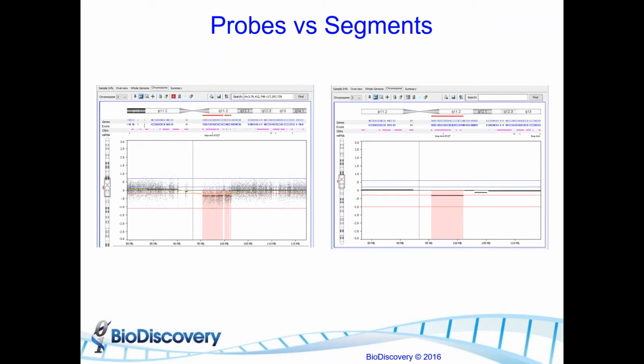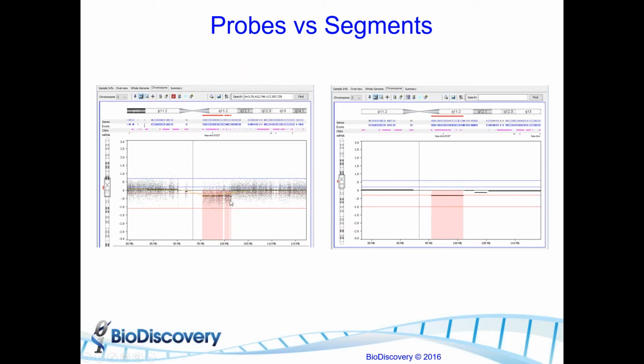Just to illustrate what this is going to look like, I have an example of the same sample with two different data sources here, one on the left that's showing us probes and one on the right that's showing us segments. So if we look over here on the left, we're zoomed into an area near the centromere. We can see here each of these individual little dots is a single probe. So we have probes scattered all throughout the region. We also have these thick black bars. These are the segments that are being drawn from the probes. And then depending upon where they're falling in this spectrum, we can see if there's a copy number change. So right here, this segment is underneath this thin red line, indicating that we have single copy loss in this